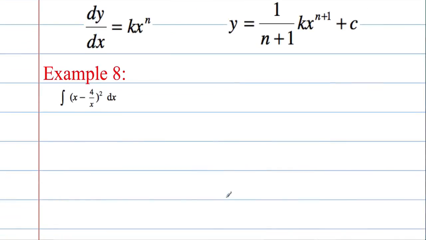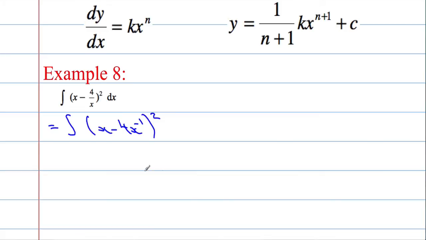So hopefully you might think what to do here. Maybe you want to pause, give it a go. Alright, I don't like having this x on the bottom, and I don't like having this squared. So let's just deal with these issues first. I'm going to write it as the integral of x minus 4x to the negative 1, so using the laws of indices to bring this guy up,